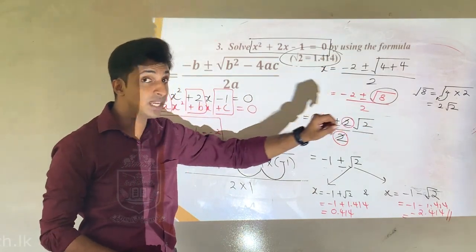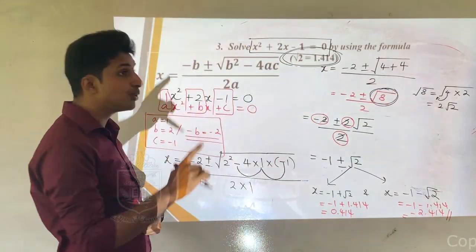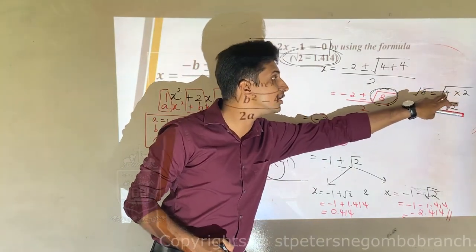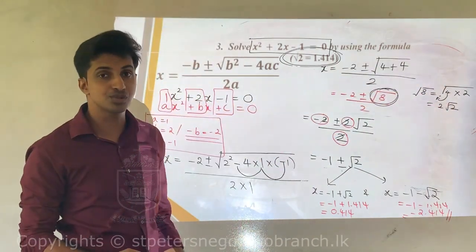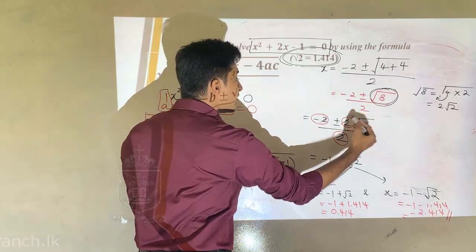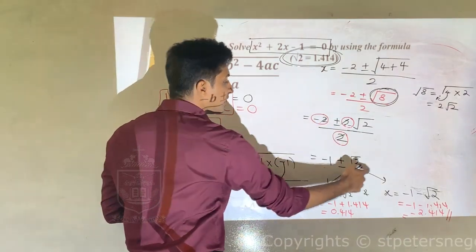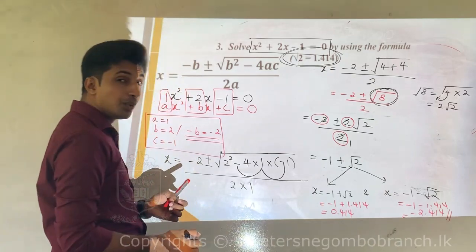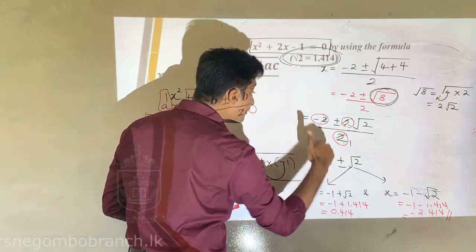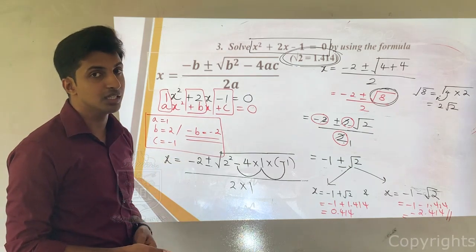You got the answer. Next, the problem was, here you have root 8 but you are given root 2. Now you have to be careful. I can't keep 8, I have to keep 2 inside. To keep 2 inside, what should I do to form 8? You know that 8 is 4 times 2. Take 4 out as 2, that becomes 2 root 2. That 2 root 2 I applied here. If I can divide both these terms by the down term, I can cancel, and then I got this part, because here when you cancel this becomes 1. We don't put 1 in the denominator generally. So we take this part and then we divide into 2 parts. One is a plus, the other one is a minus, and then we take the final answer.